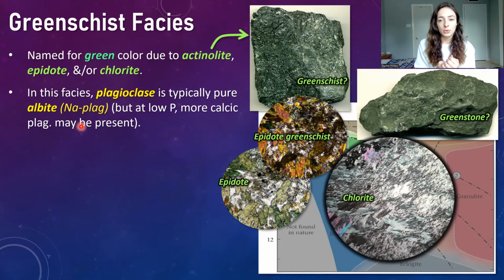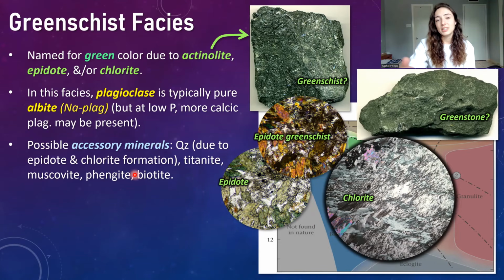And we'll talk about both of those kinds of plagioclase in this video. But at low pressure, more calcic plagioclase might be present in the Greenschist facies. And possible accessory minerals in this facies could be quartz due to the formation of epidote and chlorite, which release